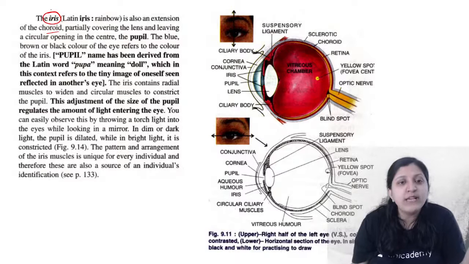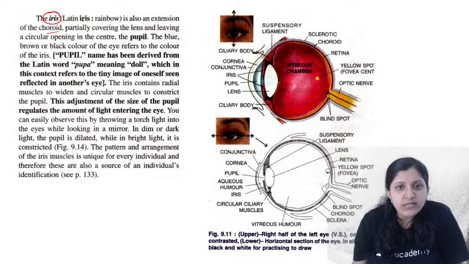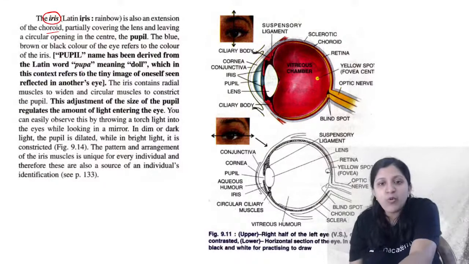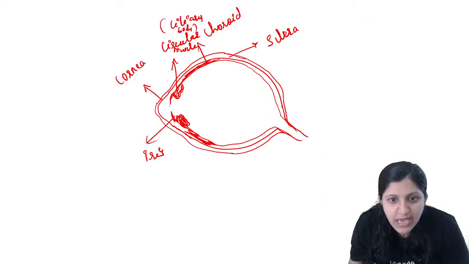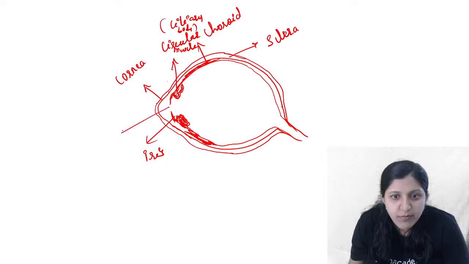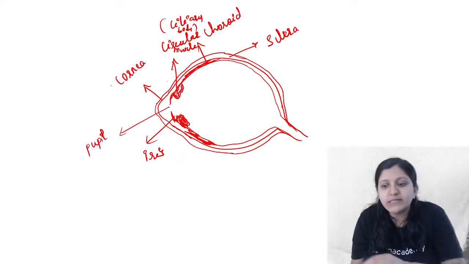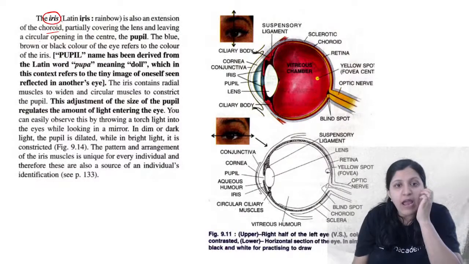So it is all based on what type of muscle of the iris is present. This is covering the circular opening in the center, so that is the pupil. So this gap over here, that itself we mention as the pupil. So the pupil is basically, the name has been derived from the